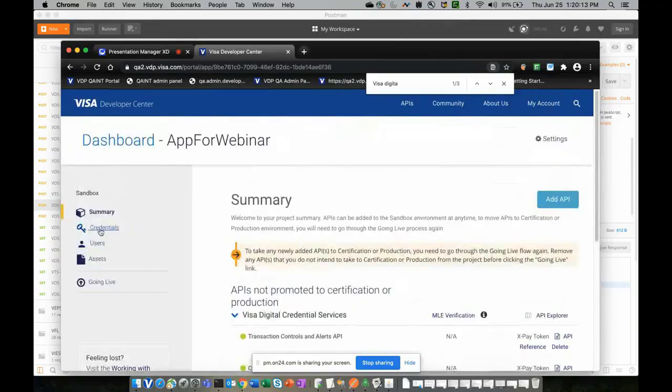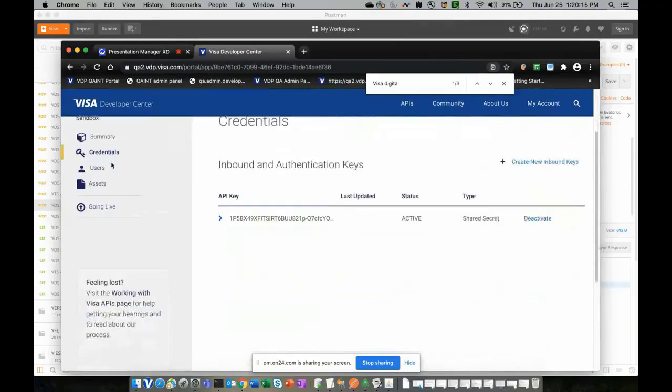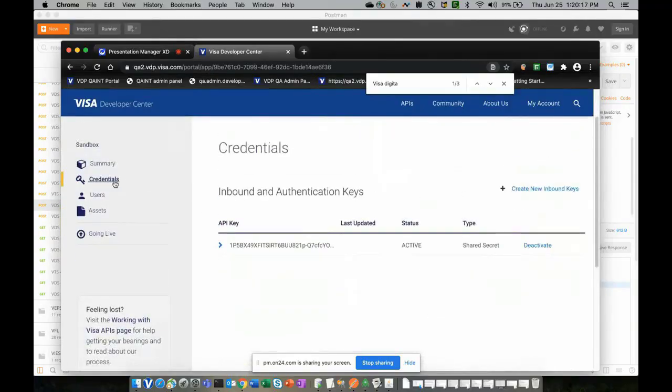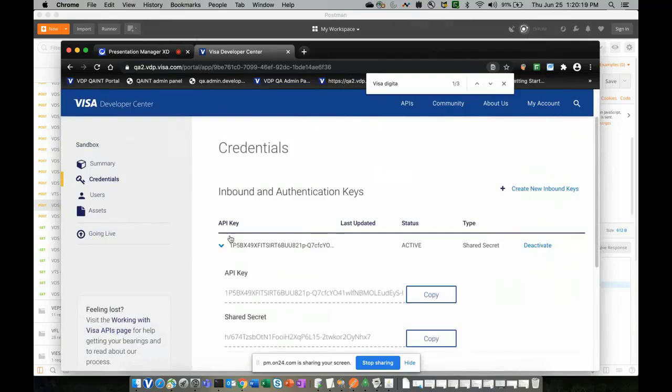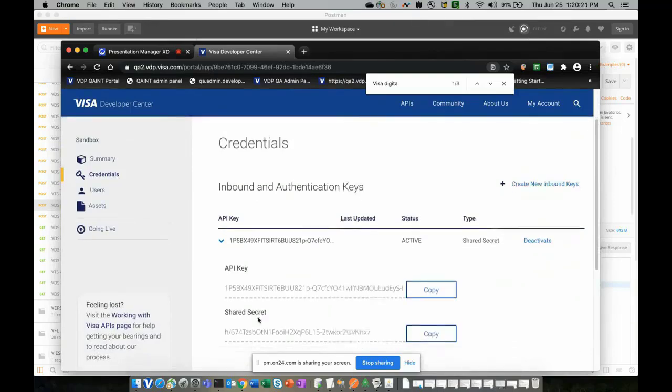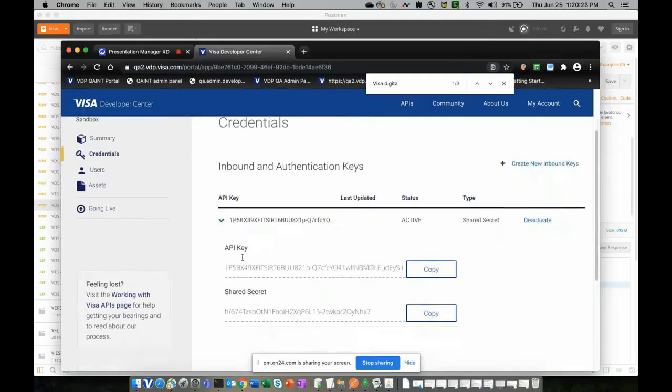And one more tab that I wanted to show you is the credentials tab. When you click on credentials, you can see the API key and shared secret, which Abhishek was talking about. Typically this API key and shared secret is like your username and password. Imagine that the API key is your username and the shared secret is your password.